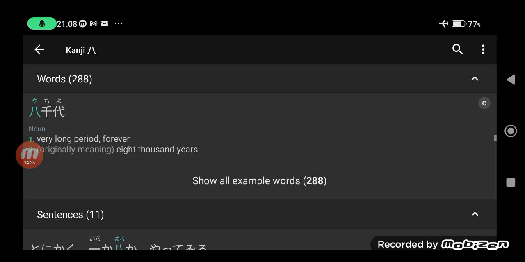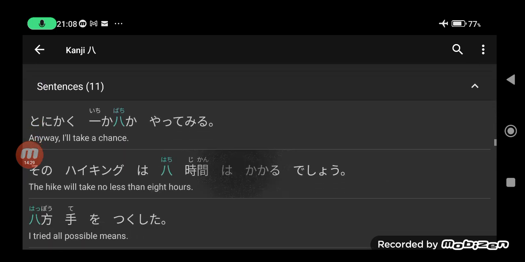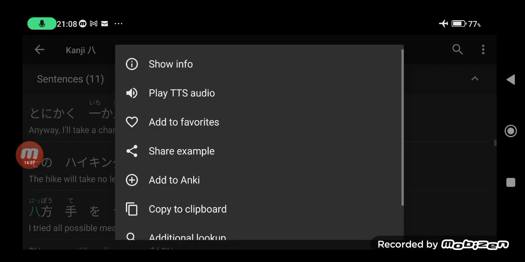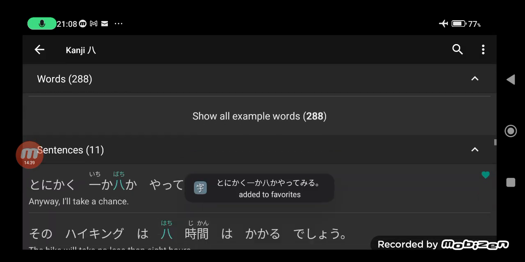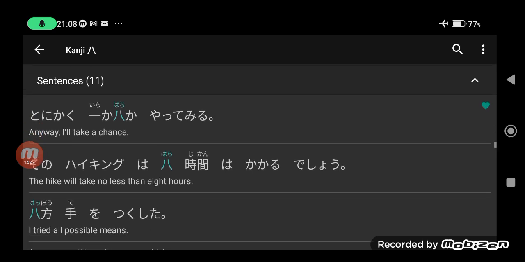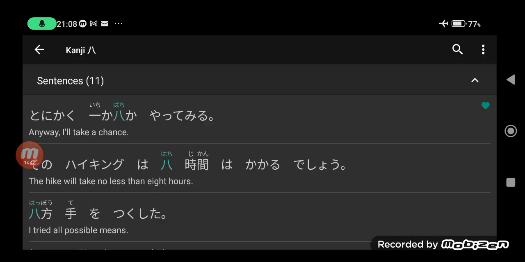やちよ。So let's just take 3 examples for sentences. Tonikaku ichika hachika yatte miru. とにかく一か八かやってみる。